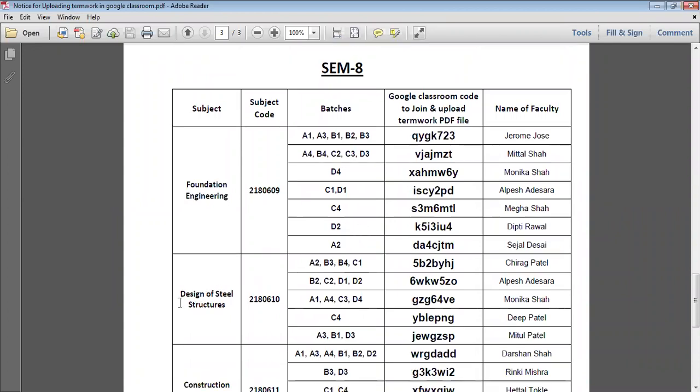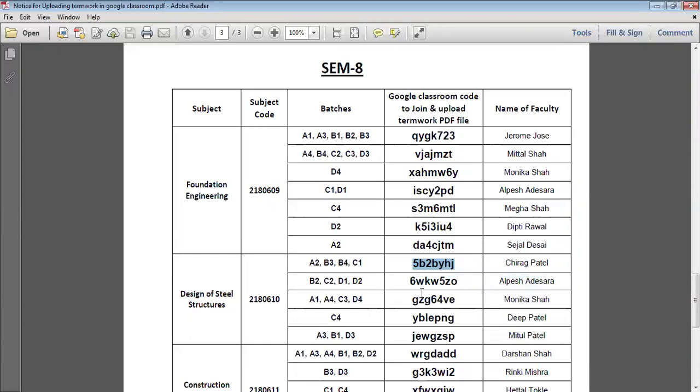For example, I will take the subject design of steel structure, and I want to submit the assignment in the account of Chirag Patel sir. So you just have to copy this code. There is a class code for a particular subject and a particular batch, maybe A2, B3, B4, C1. Suppose I am in batch A2, then I will copy that class code by right click.